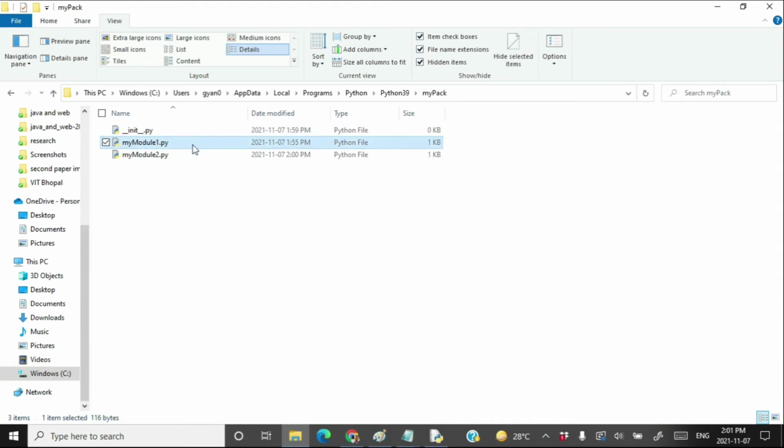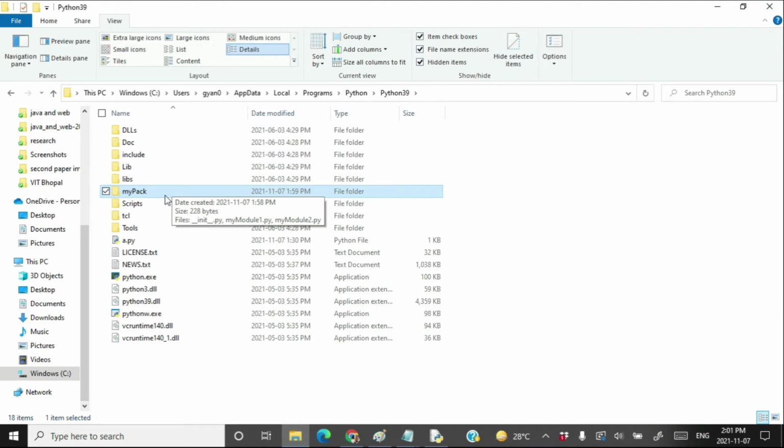My module 1, which has certain variables and functions, and the other module in this package is my module 2, which also has certain variables and functions. And we are going to use all of them. And of course, the package mypack is present in the directory where Python searches for import statements.